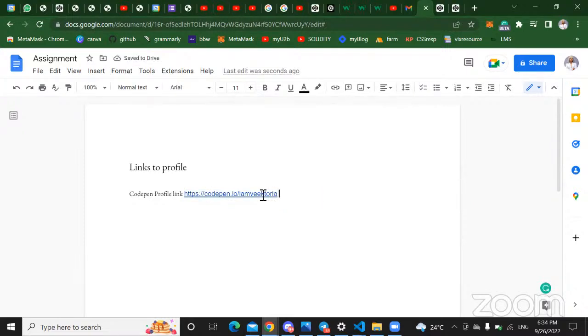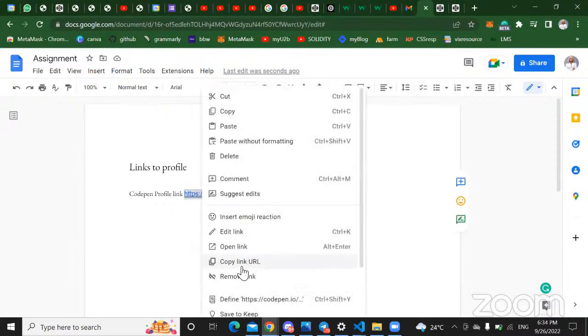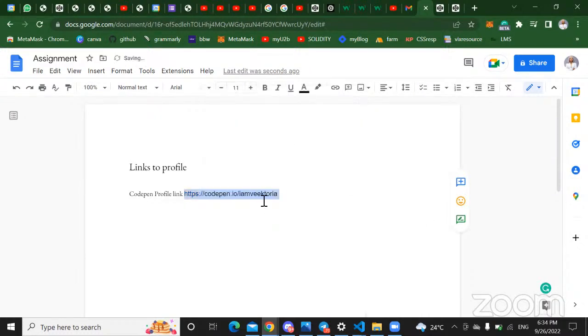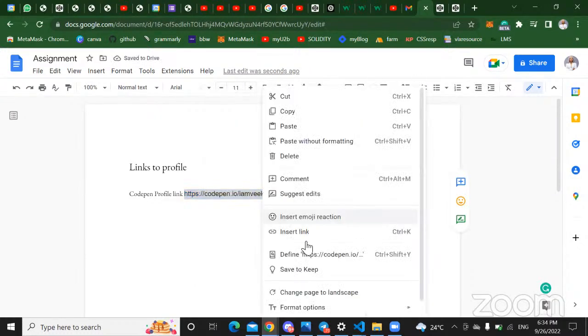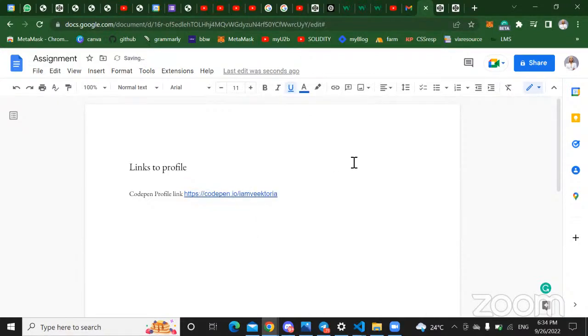If you have put in the link and it's not clickable, you can just highlight it, right click. You see here that because now it's clickable, you will see an option that says insert link. It will become a link. If I remove link now, it will not be a link again. You can come here and say insert link. It will be a link. So open your work, we'll just click it and then do what you want to do, grade you, and sweet,